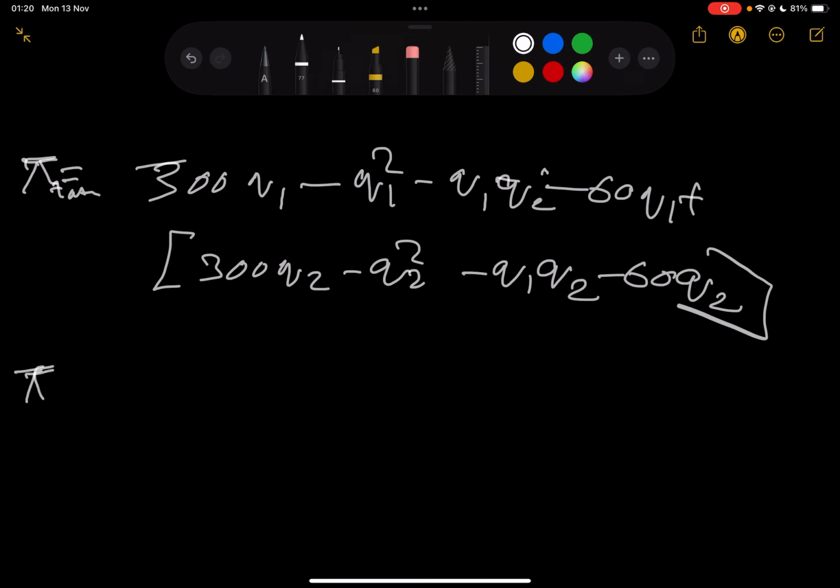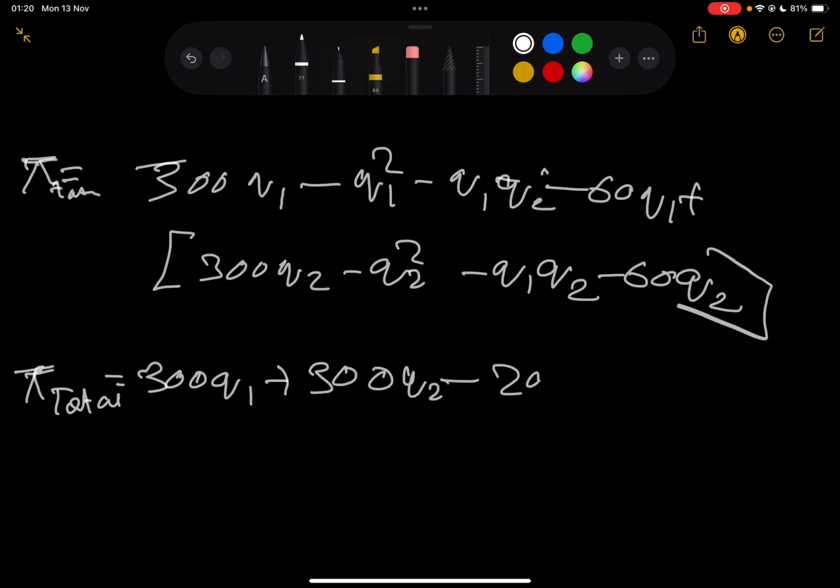So the total profit is going to be 300 Q1 plus 300 Q2 minus 2 Q1 Q2 minus Q1 square minus Q2 square minus 60 Q1